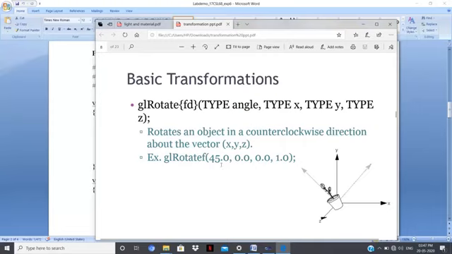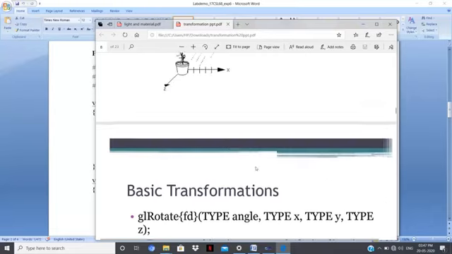For example, you are rotating by a 45-degree angle about the z axis. So this is x equal to 0, y equal to 0, z equal to 1. So about the z axis you are rotating by 45 degrees. So look at here, this is rotation.